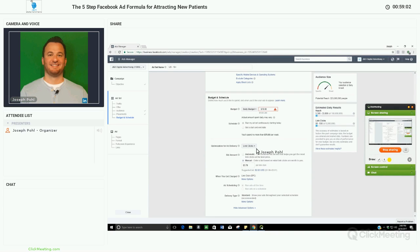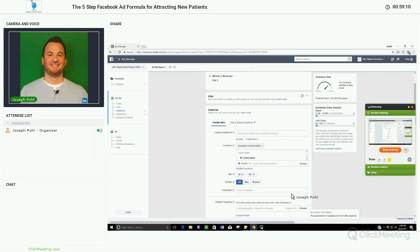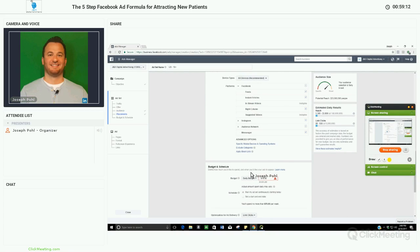You're going to optimize for link clicks, obviously, because this is a traffic campaign. So you want the most link clicks to your appointment page. This is what this part is all about, setting up this traffic campaign. So when we click continue,